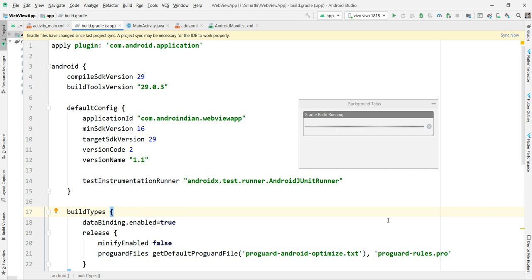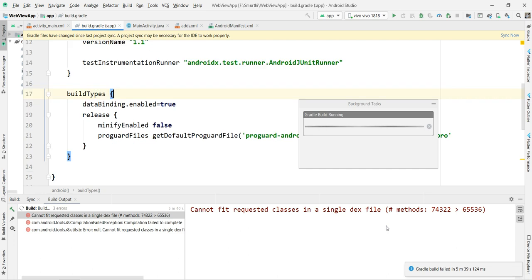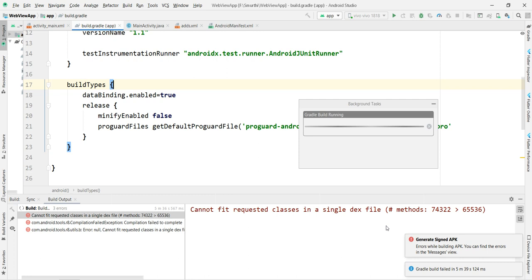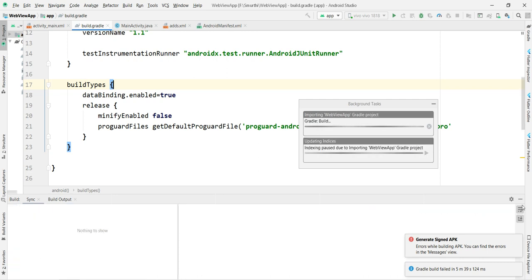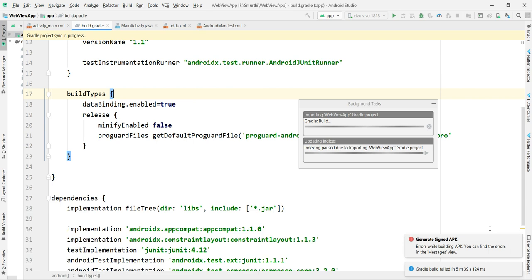It's still in progress. Gradle is building.